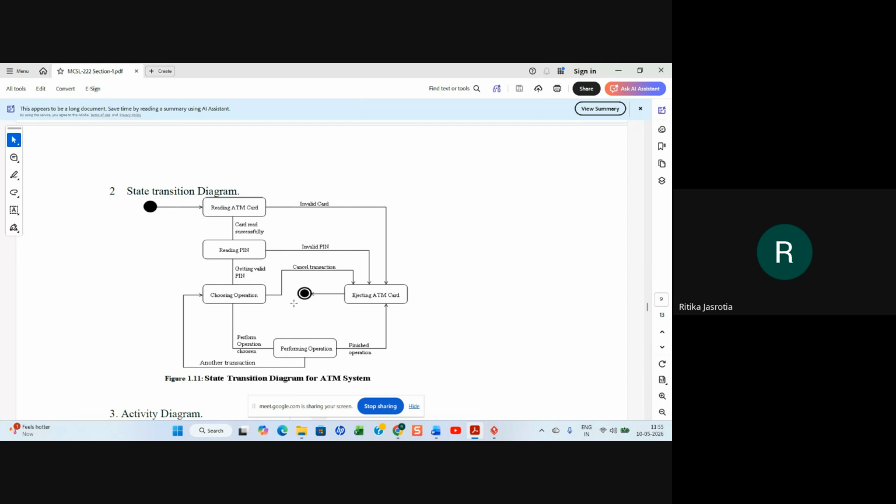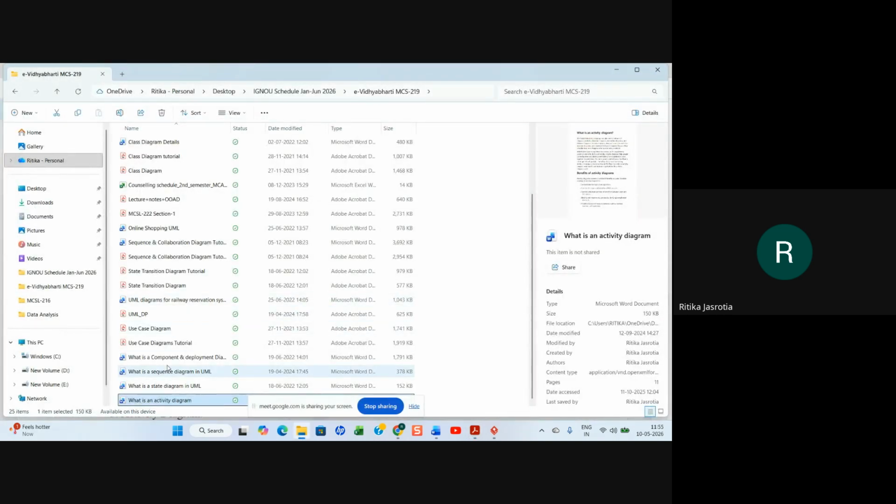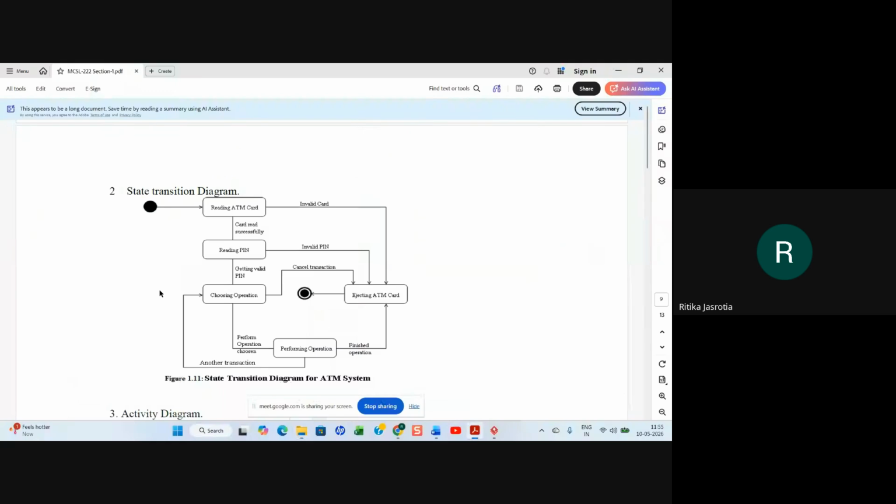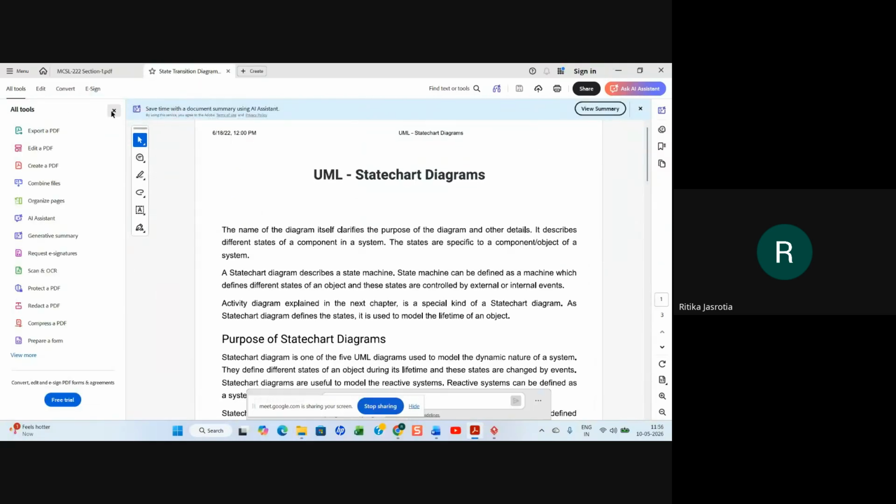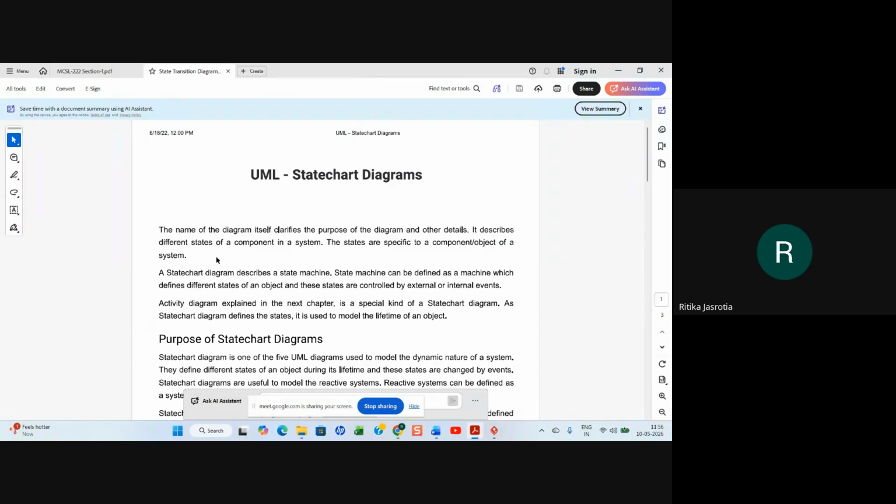Can you see how they have done that? State transition diagram, right? If we talk about the state transition diagram, the name of the state diagram itself clarifies the purpose of the diagram. It describes different states of a component in a system.